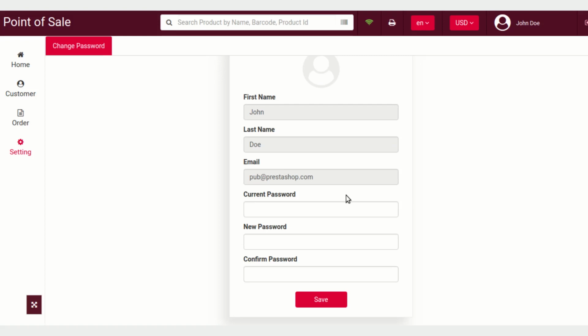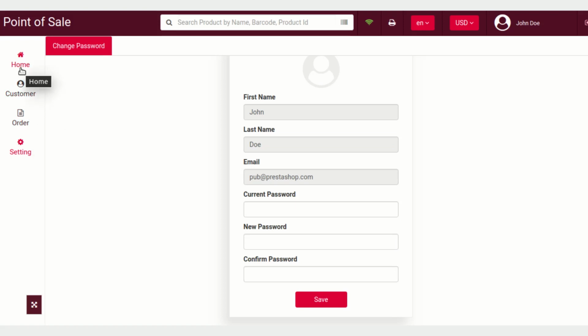So an employee can also choose to update the password if he wishes to. He can do so by going to the settings and filling out the current password, after that the new password and confirm password fields, and clicking on save.